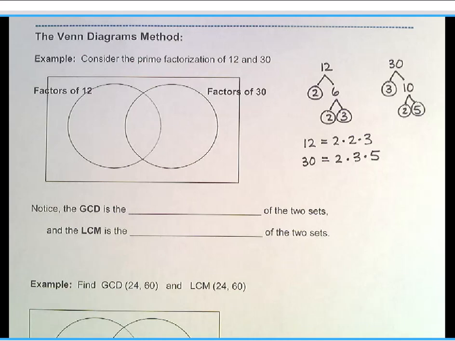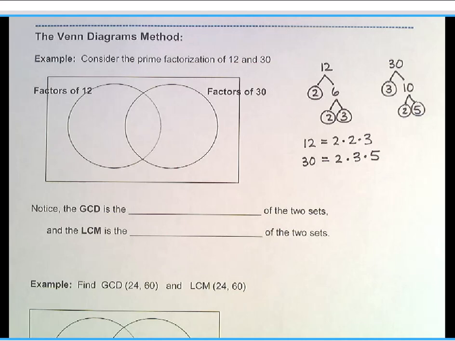This is my other favorite method for finding GCD and LCM, and that's using the Venn diagrams method. I'm a very visual learner, kind of a hands-on learner, and I like having a picture to refer to. So let me show you how you can do this with Venn diagrams. If you want to find the GCD and the LCM of two numbers, the first thing you want to do